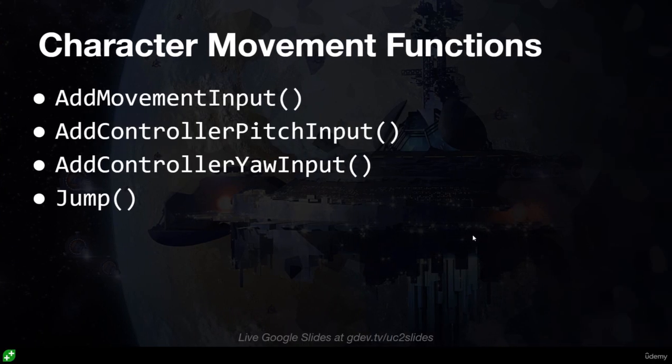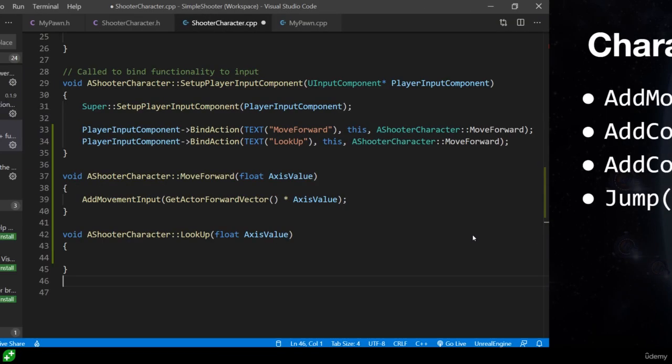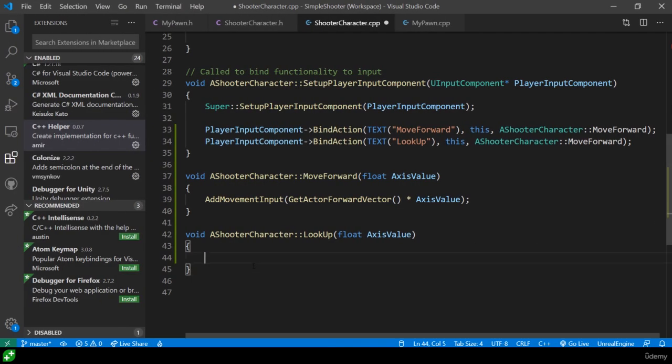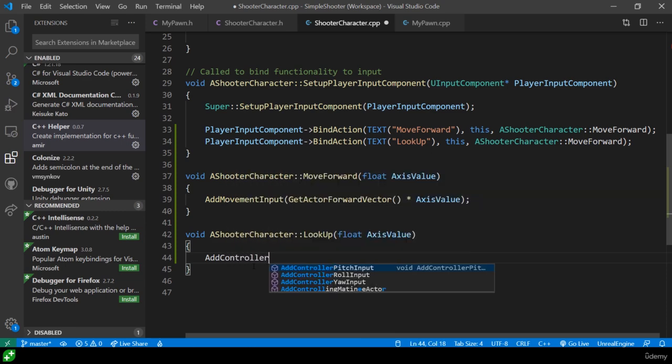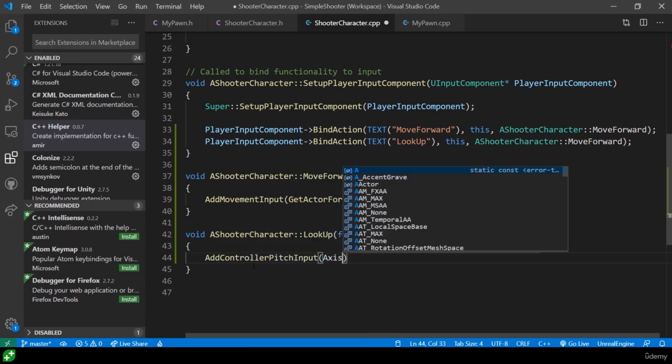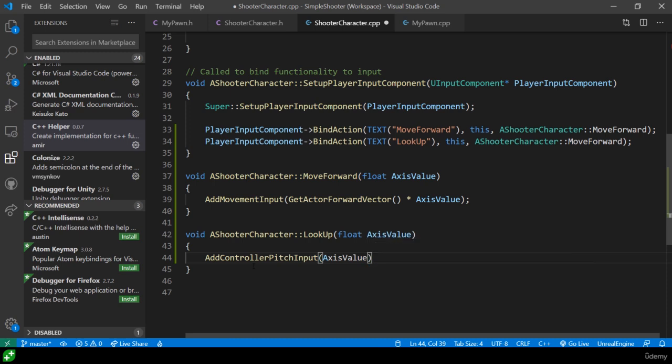Namely the add controller pitch input, because we want to pitch up, basically. So this time we can do add controller pitch input and pass in directly the axis value. Now the a bit more experienced C++ programmers among you might say, hey, this function basically does nothing. It is just calling some other function with the same parameter, so it's not really doing very much,